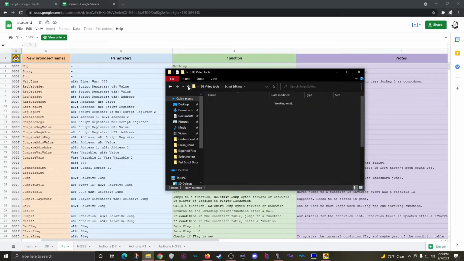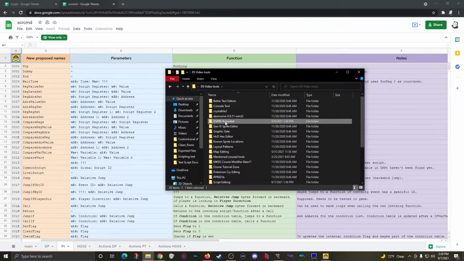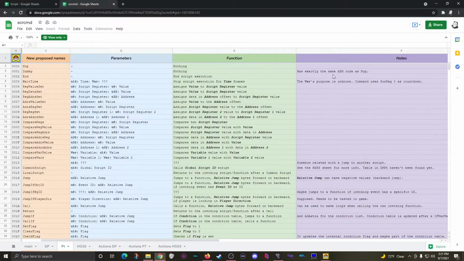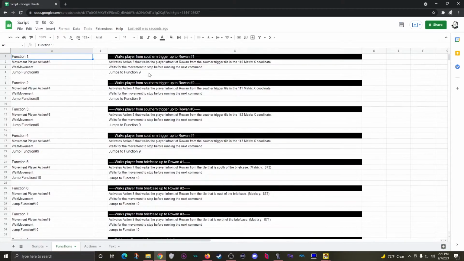Though no matter what, my folder here will come with DSPRE Reloaded 1.3.1, which is the exact version I'm using in this video. So I recommend using this version of DSPRE first when first learning scripting, where you can later jump to the newest version of DSPRE once you've gotten your feet wet. But okay, let's get my script here